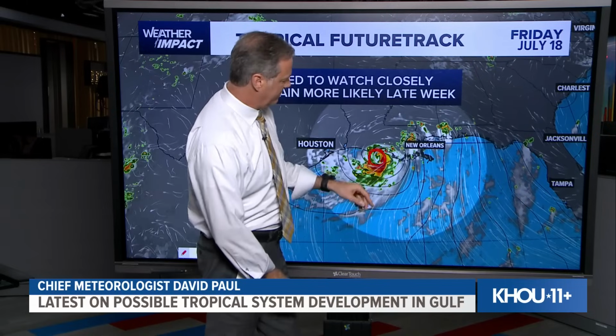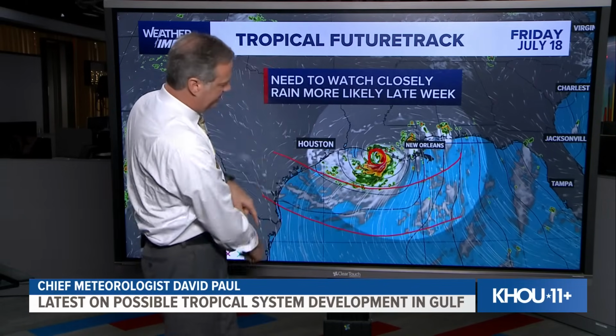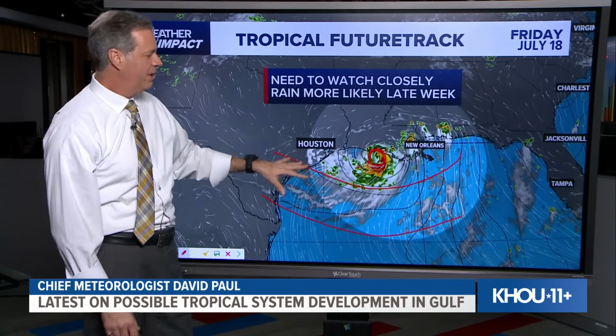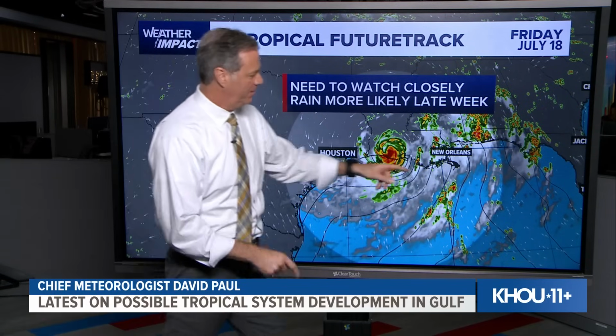And again, at this point, you can see how the convection is over the low-level center. As we looked earlier, all the shear is down in here, so it's removed from that upper-level shear. So perhaps we do get a strengthening system. Right before, at least in this model run, it turns north and makes landfall, perhaps between Lake Charles and Lafayette. So again, this is just one of many models that are all showing a similar outcome, some with tracks a little further south, some with tracks a little further north. I think this one is a good compromise as to what we might expect over the next several days, now